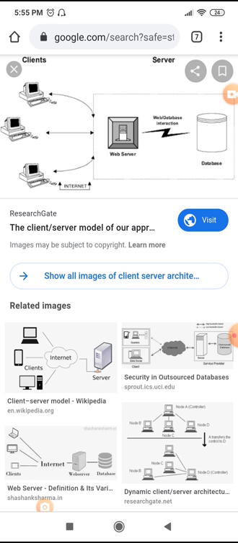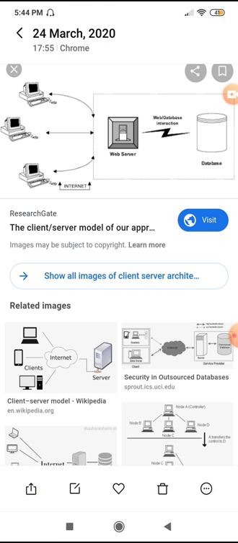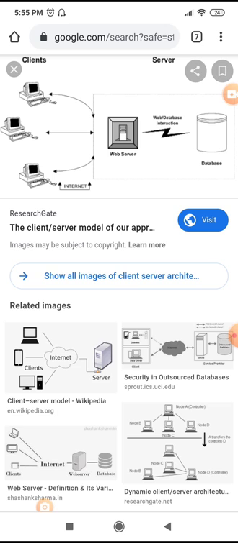You can see another one in which a number of devices are connected with the web server with the help of an internet connection, and the web server is connected with the database. That is the client server architecture definition.